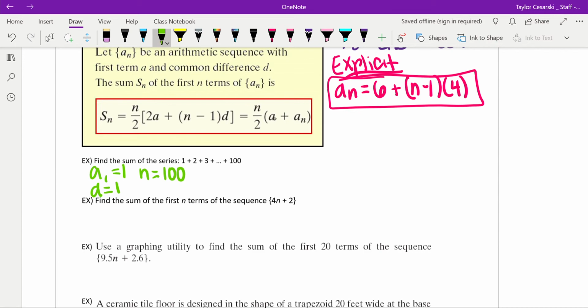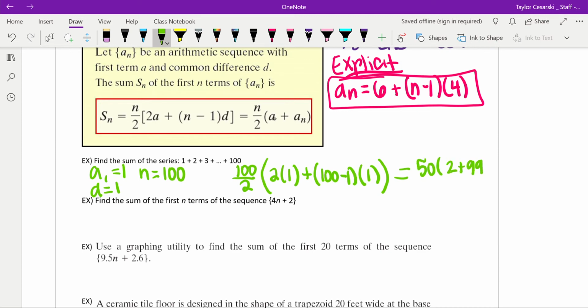Okay, so my formula to do this, I'm just going to plug this in. So 100 divided by 2, times 2 times a, so 2 times 1, because a sub 1 is just my first term, plus 100 minus 1 times my common difference, which is 1. A lot of just ones plugging in because that is both your first term and your common difference. All right, so when you plug that all into your calculator, you end up getting 50 times 2 plus 99, which is